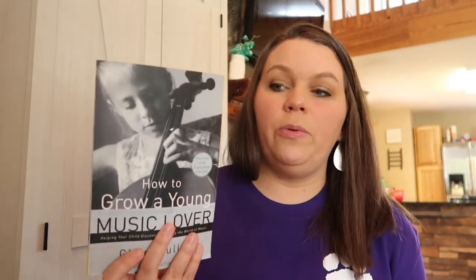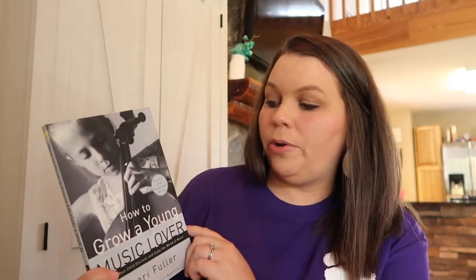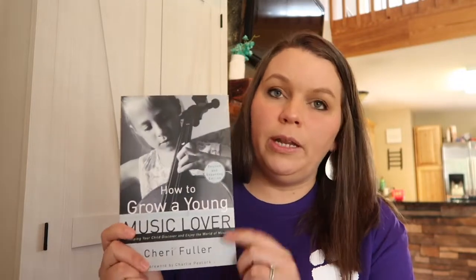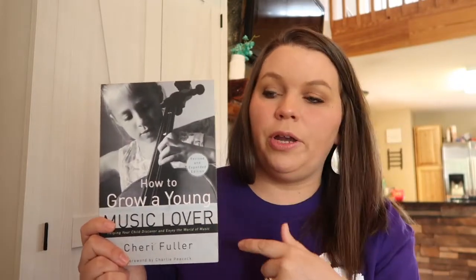So yeah, we use the Good and the Beautiful flashcards to remember all of the United States of America. So this will help and go along with that as we continue learning. But she was reading with her classical music books. This is How to Grow a Young Music Lover. She loves this book. She's halfway through it, but it did come with the Beautiful Books curriculum that I ordered